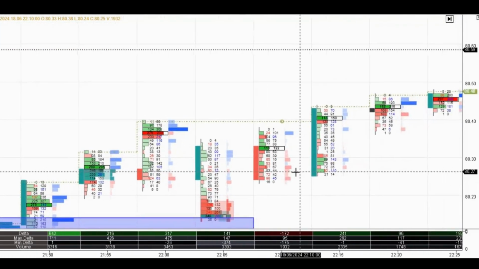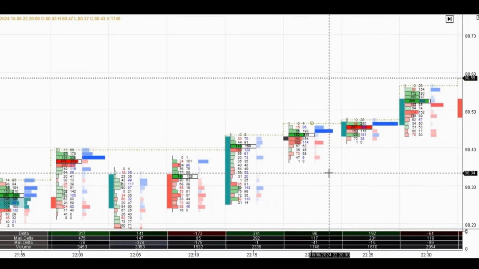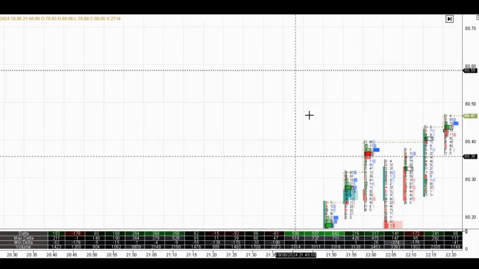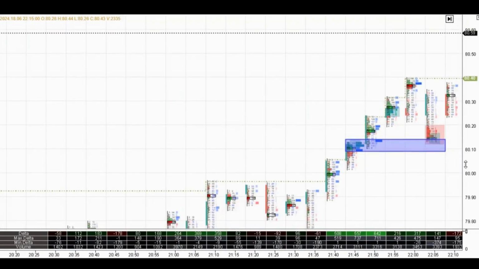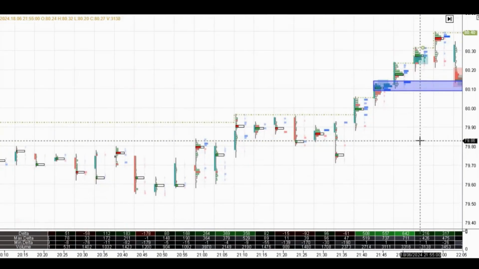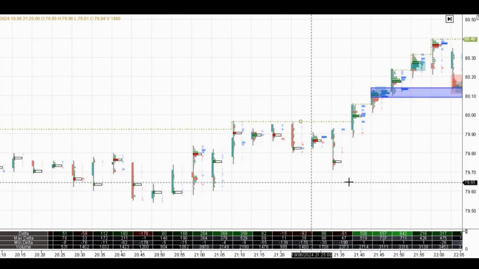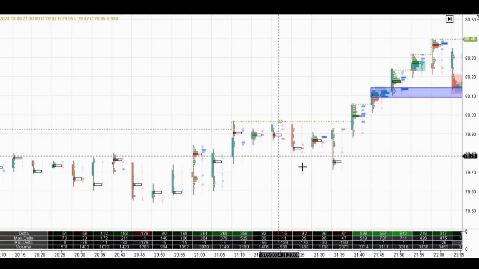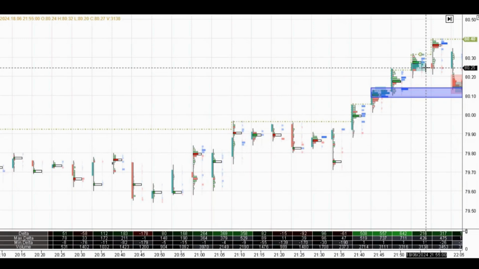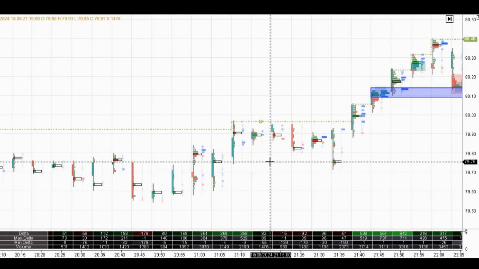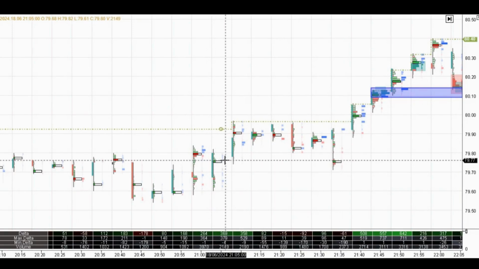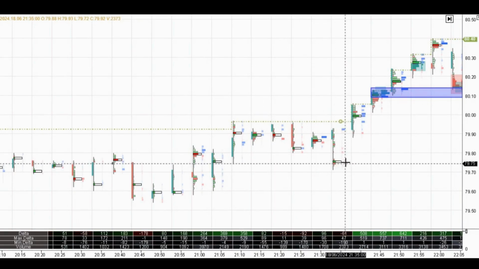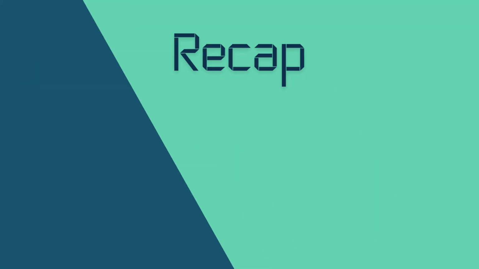We actually continue up for a while after this, but the main point I wanted to get across to you today was about not blindly entering a trade based on a candlestick pattern. So once again, we had an engulfing and a pin bar that by reading the actual order flow, we already knew would fail. And not only that, but we would have been able to find long entries in order to profit from the move as well. Right. So in summary,